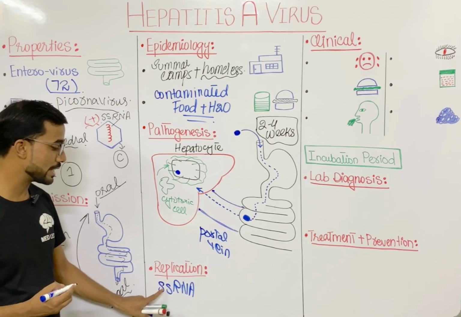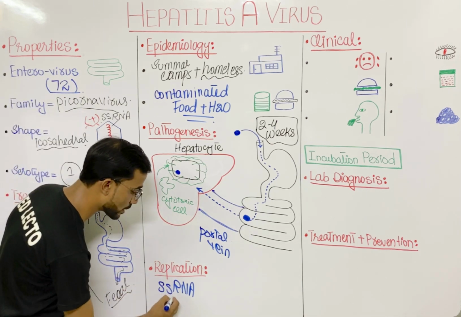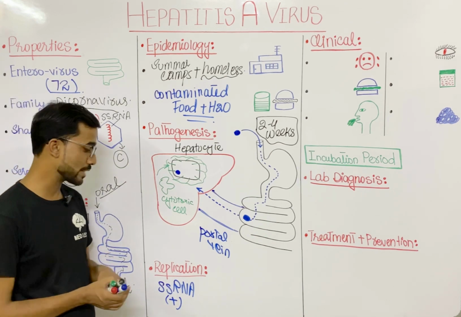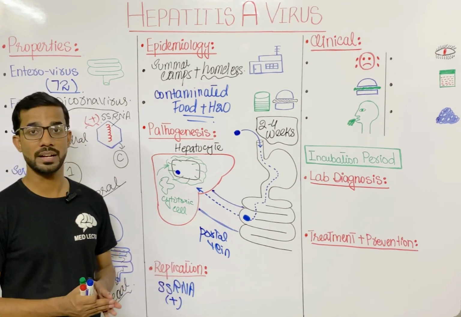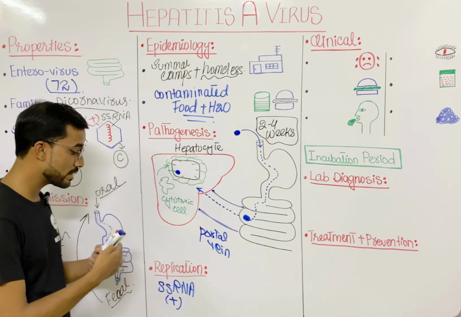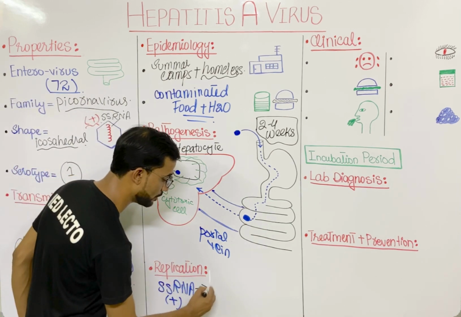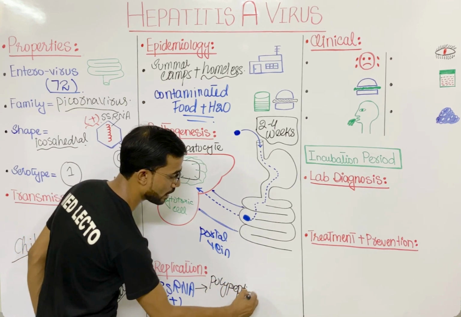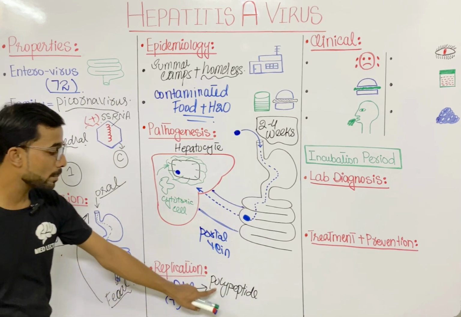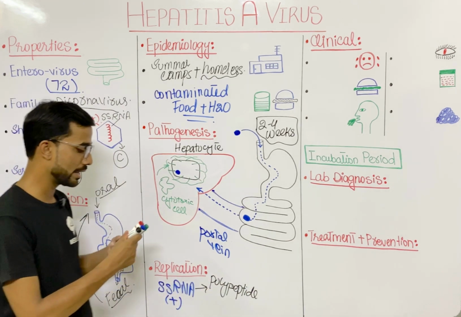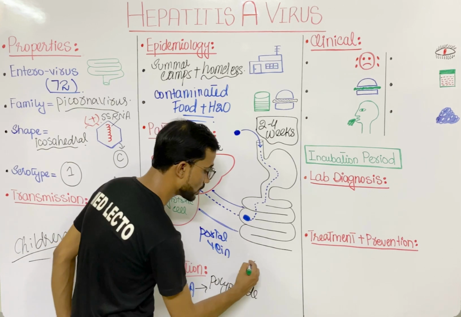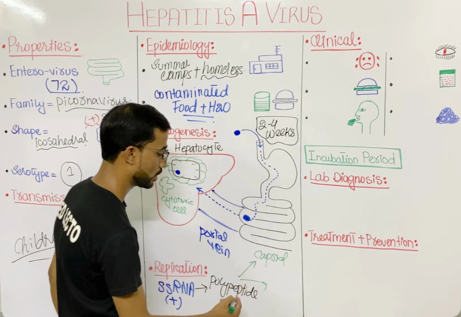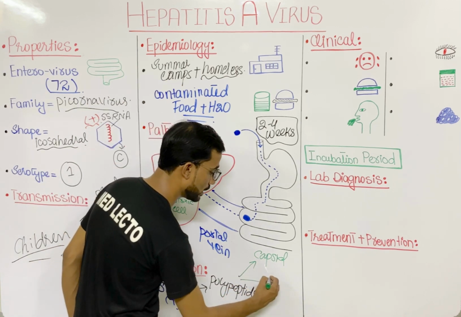So the genome is actually a single stranded RNA, present in the positive polarity form. As we know, the positive polarity RNA will act as messenger RNA. It will result in the formation of a polypeptide, and after that the polypeptide is cleaved, and in that case you will see the formation of two things. First is the capsid, and second you will see the enzymes